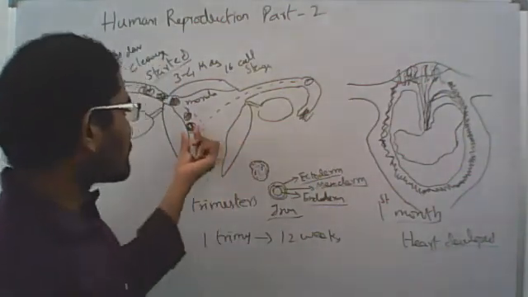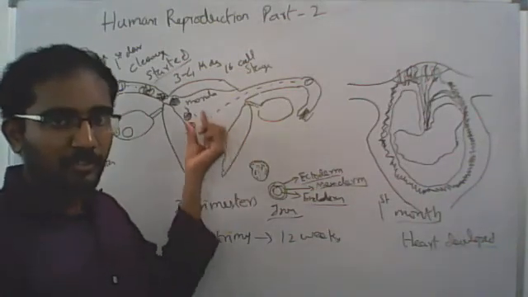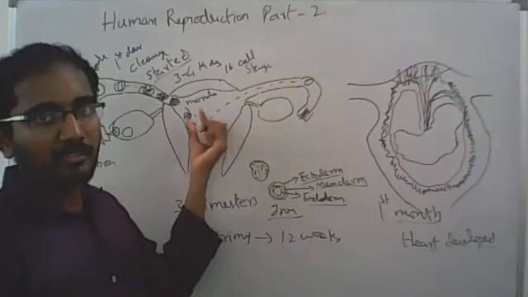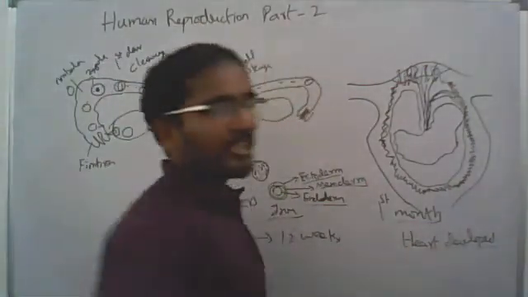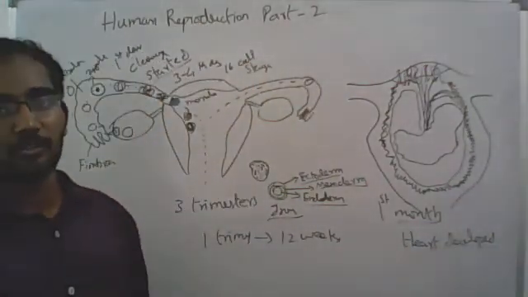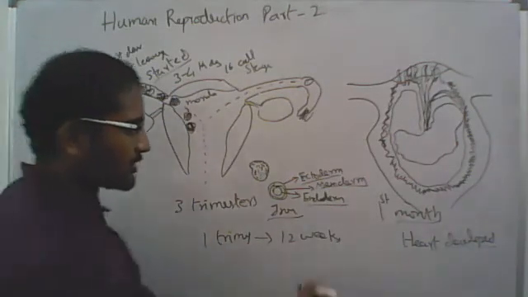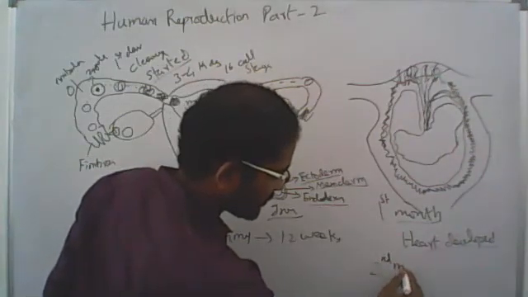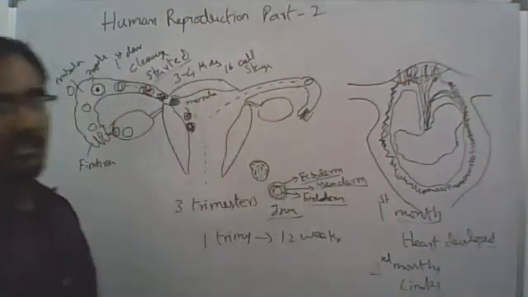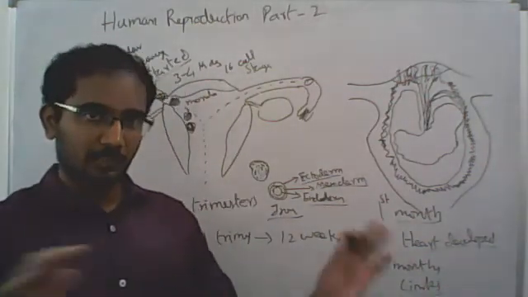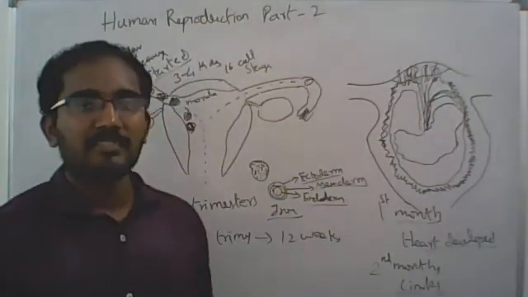Okay. So after it gets implanted, we are not going to call it an embryo. Now it is a fetus. Sorry, we should not call it an embryo. After that, we have to call it a fetus. So at the first month, we can hear the heart sound of the fetus, so that we can recognize the baby is in a well developed situation. Okay, then in the second month the limbs will be developed. Limbs are nothing but the hands and the legs, the extremities of the body. So that's also well developed after the second month.